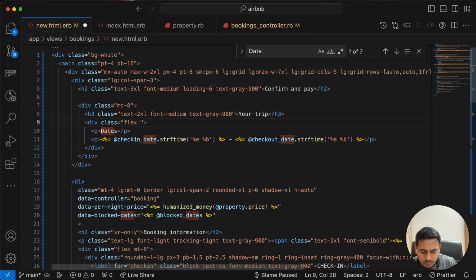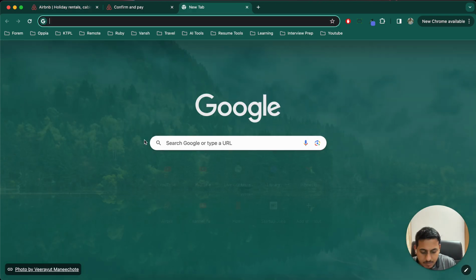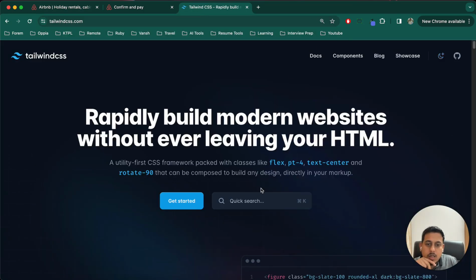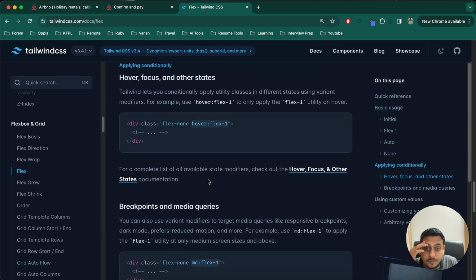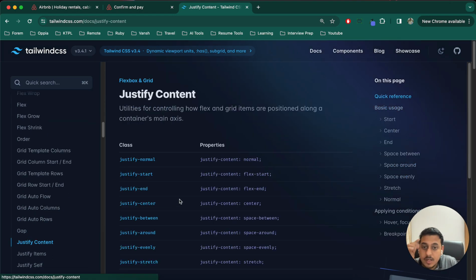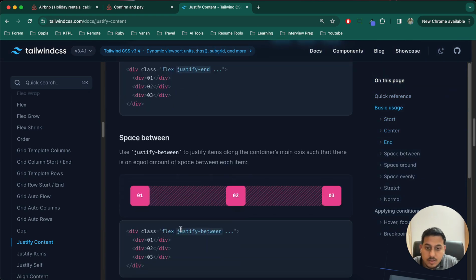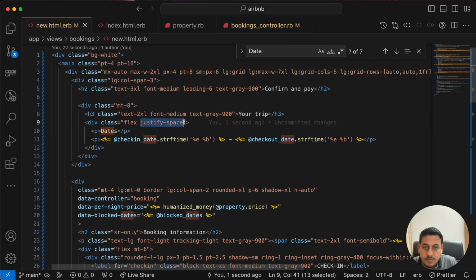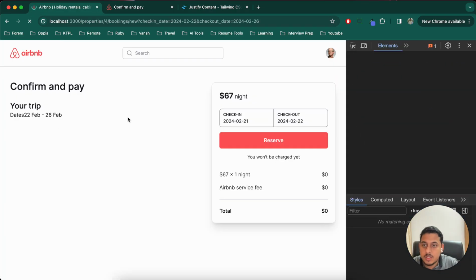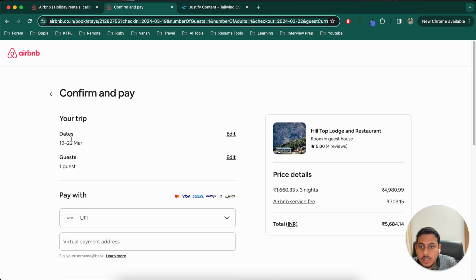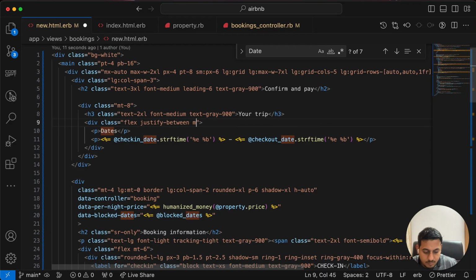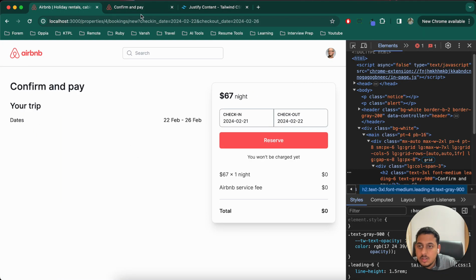For that we can use, I'm not sure about these properties. Let me check Tailwind CSS. In that we can go to flex and I think justify content, space between, justify between. Okay, so justify between, this should fix this UI issue. We need margin top 4, refresh, looks better,